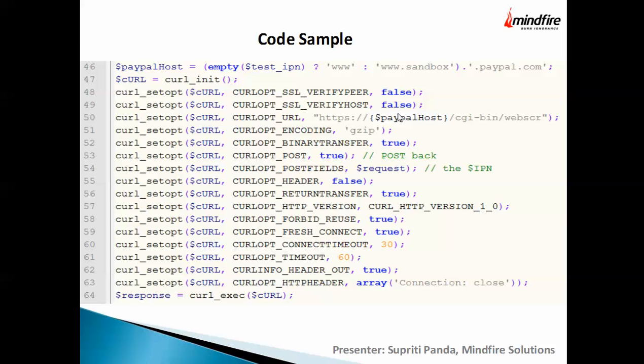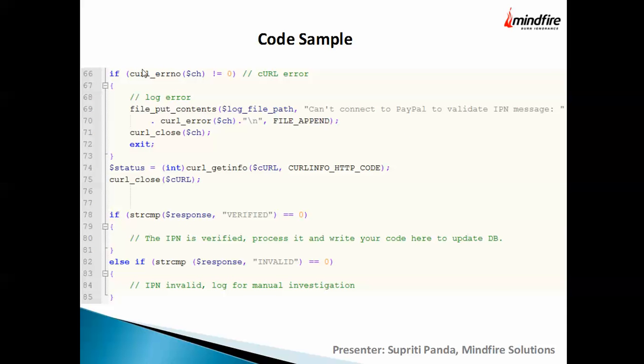okay? Once I do the call execute, I get the response here. I'm checking whether any error occurs on the call, using the call error number. If any error occurs, then I am logging it into the log file. If the error doesn't occur, then I am checking whether the response is verified or the response is invalid. I am comparing. If the response is verified,